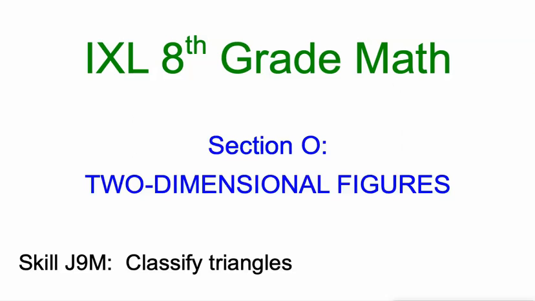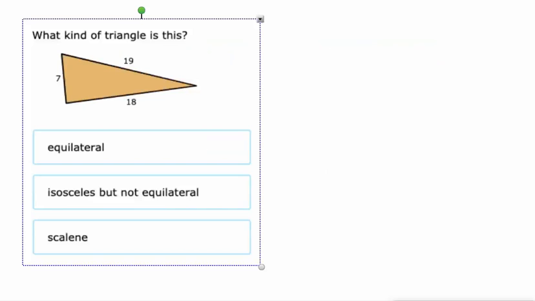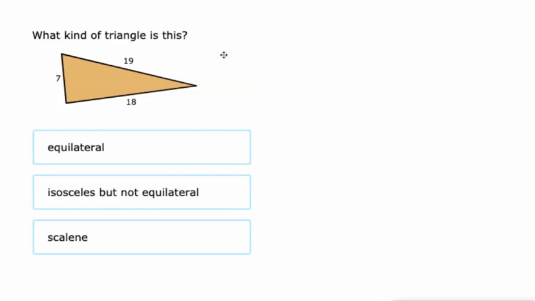Section O of IXL's 8th grade math, we're going to classify triangles today. We're going to do that by their side lengths and by their angle measures. So here's one. This has three different side lengths. So we call triangles like that scalene. So when they have three different side lengths, they're scalene, as opposed to equilateral, where all three sides are equal to each other, and isosceles, where exactly two are equal